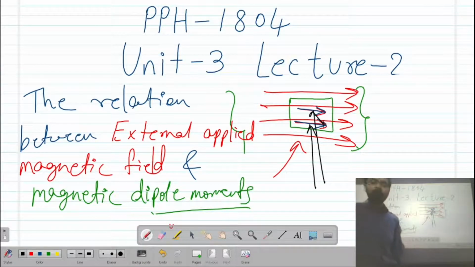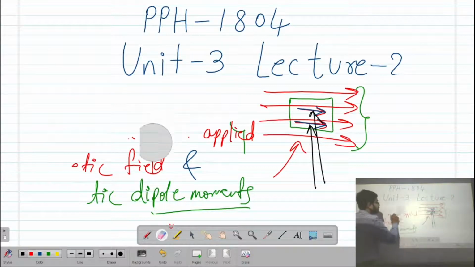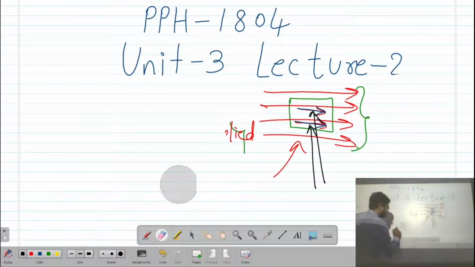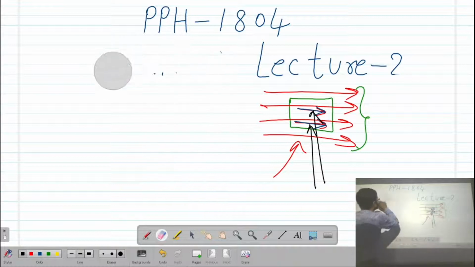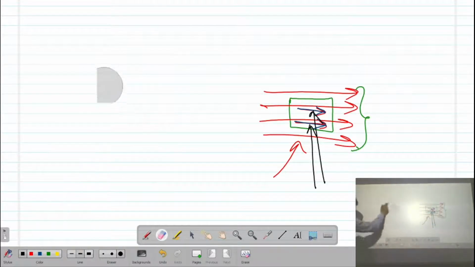They can be studied with two definitions, and the first one is magnetic susceptibility.